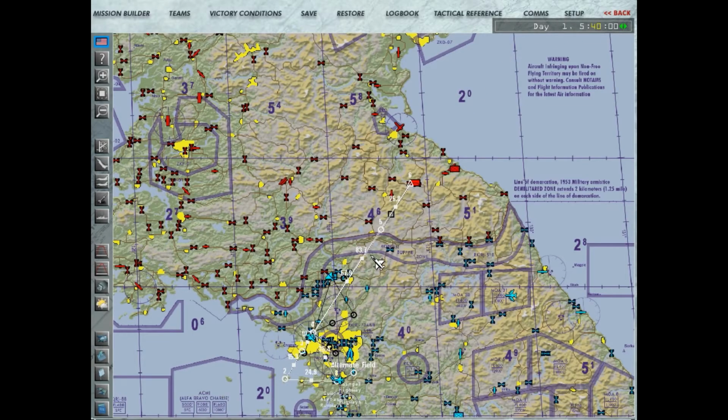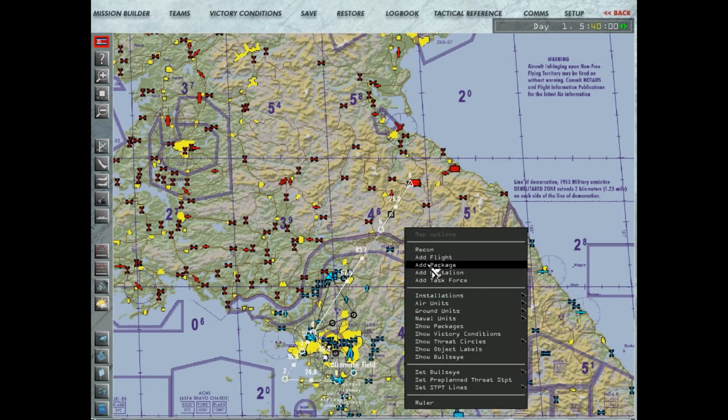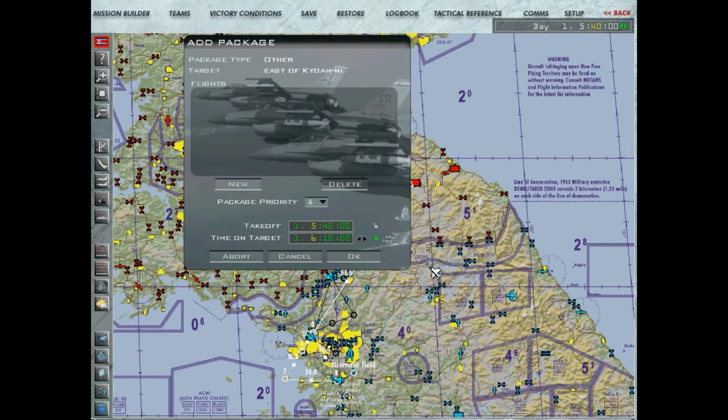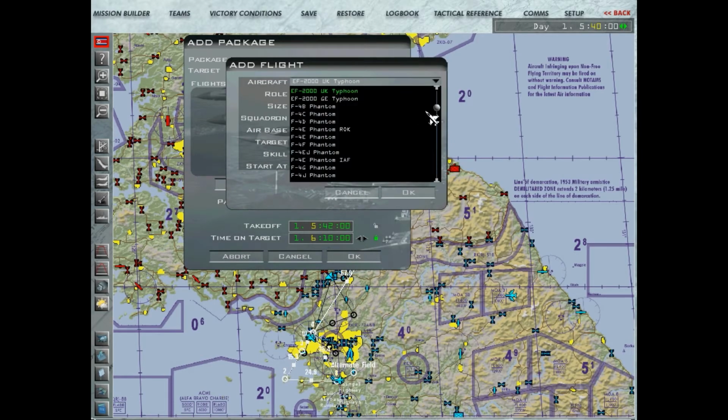So let's see how that works out. Change the side here, right click on the map to add package, and it's given us 6:10 for the takeoff, or the time on target. That's what we want. Now we're going to choose that, and we're going to select our MiGs,